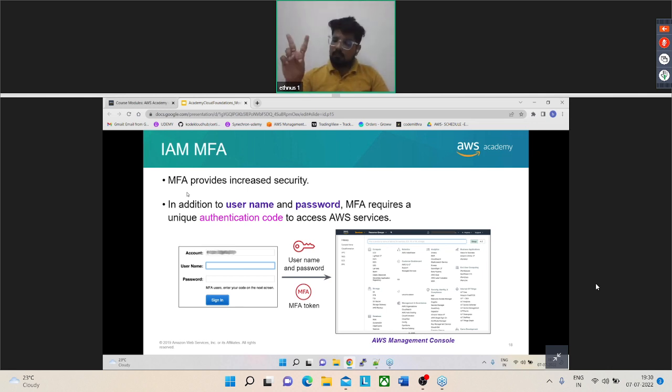There are two types of authenticators. One is the hardware authenticator. There are a few companies in the market, I'm not getting the name of the company now, that create these hardware security tokens. I think those of you working in IT companies use these RSA tokens to log into company portals. So the RSA token is one hardware example, and a software example is Google Authenticator. So you have to attach one authenticator